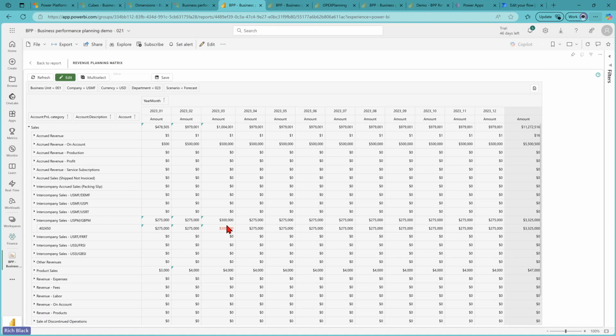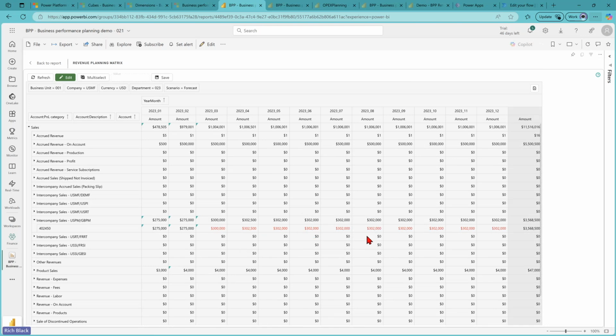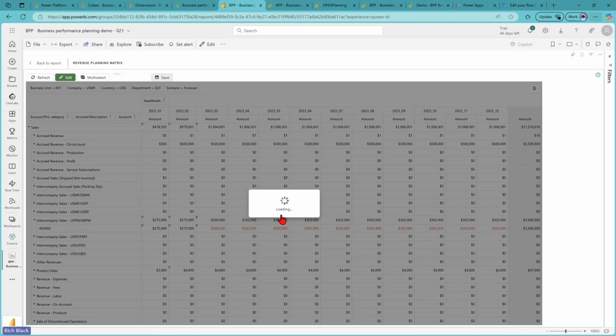And you can see as it changes to red, that means that value will be committed once we save and then refresh it. We can also use a handful of shortcuts. We can provide an increase, for example, of 10%. We can see the result of that. Or we could also fill that value right and use shortcuts. We can immediately see, upon saving and refreshing that value, the impact of our changes in our